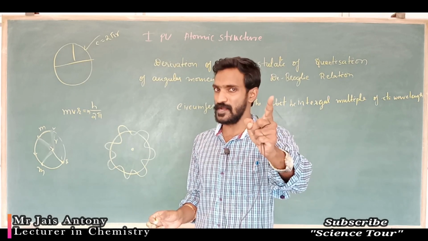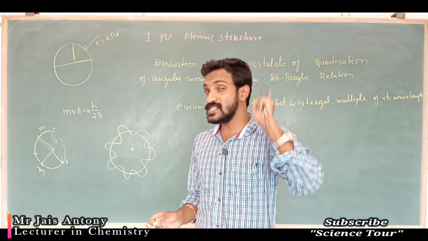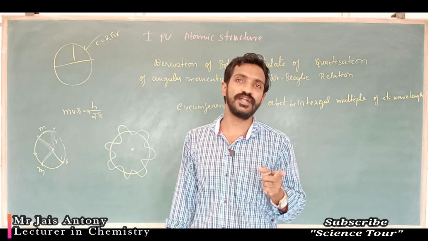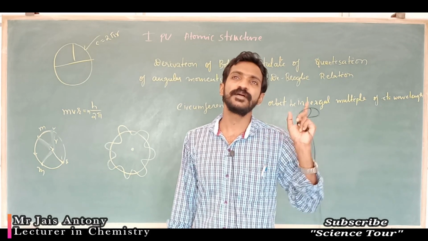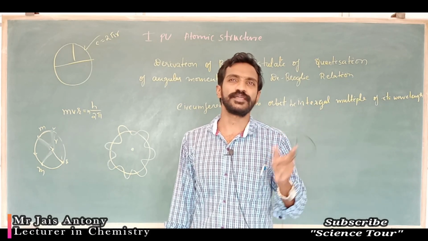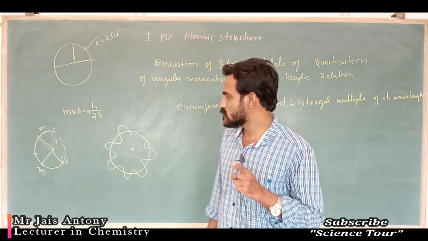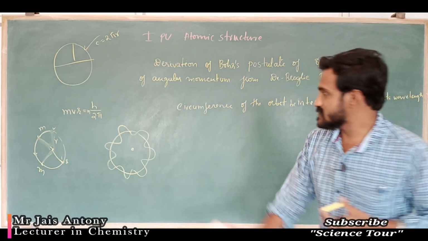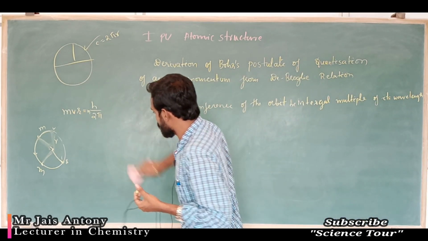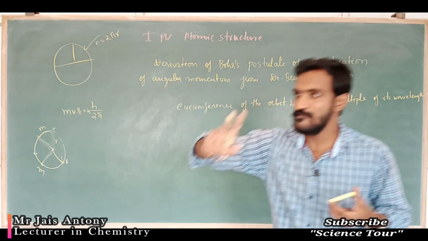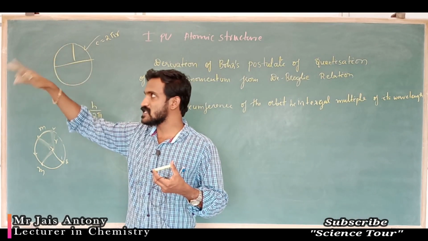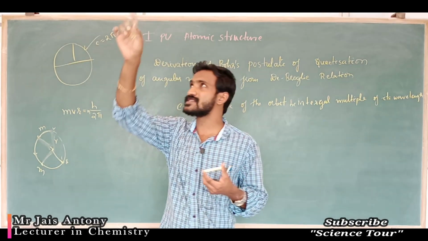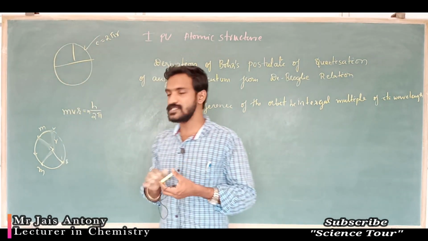That is the first point. Remember, at each point angular momentum is quantized. The mvr value is quantized. It is fixed, h by 2π. So, as I already mentioned here, the electron moves like waves. A moving particle has both properties. Particle property is also there, along with the wave nature.